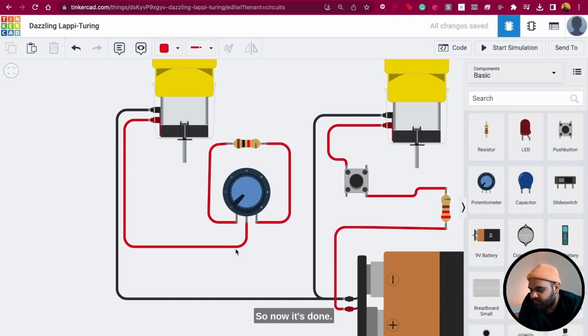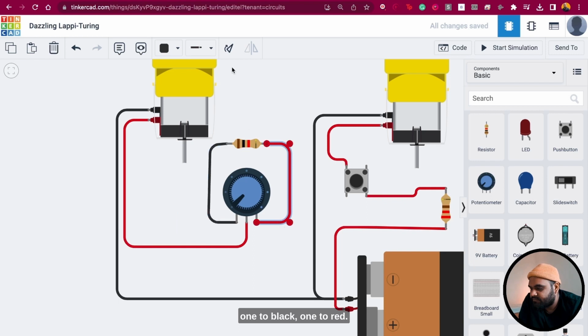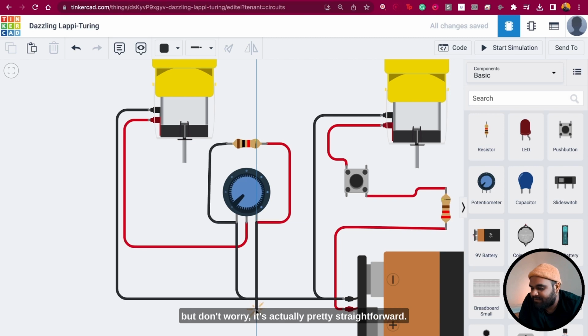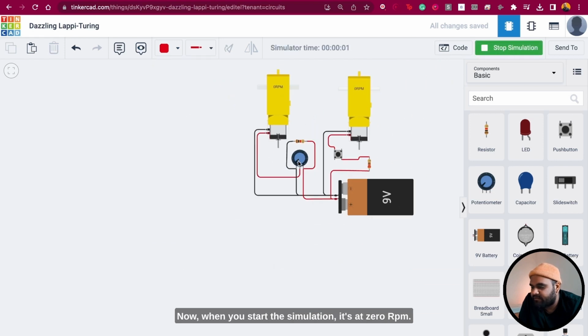So now it's done. I'm going to change the colors. One to black, one to red. I think that's fine. I'm going to connect one of these terminals to the black line. I know a lot of you might be really scared of what exactly I'm doing, but don't worry. It's actually pretty straightforward, and I'm sure after a little bit of practice, you will be able to do this as well. Okay, now when you start the simulation, it's at 0 RPM, but as you increase it,